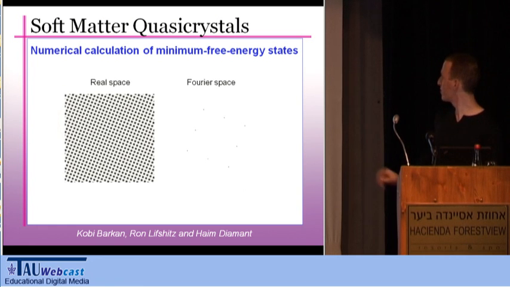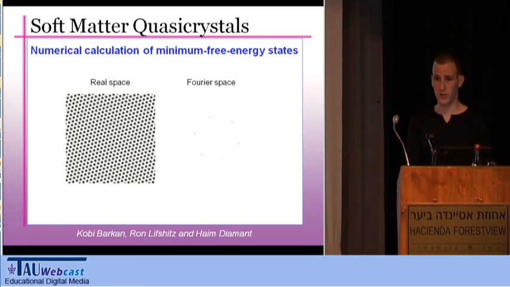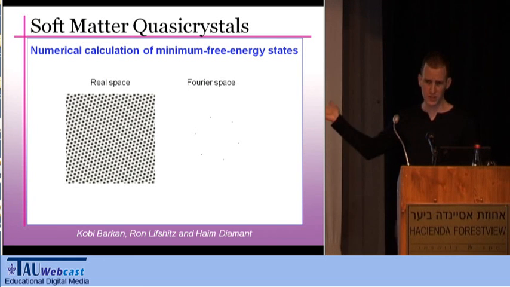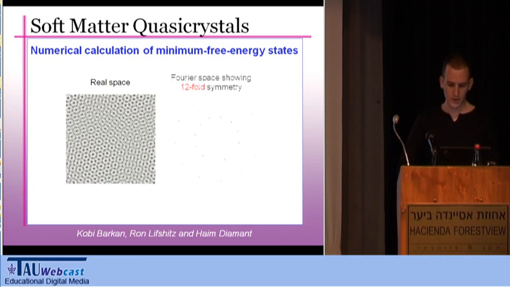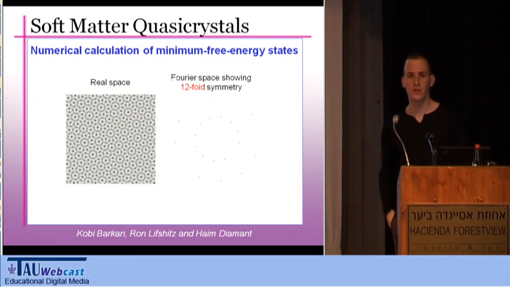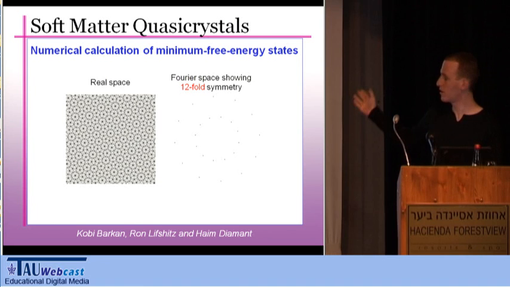So one of them is just a regular crystal, right? You all know this. This is what they also got in the experiment. We can also achieve a hexagonal crystal, only by changing the temperature in our model. And what makes this model so successful is that we also got a quasicrystal in the model. You can see a 12-fold symmetry, exactly the same symmetry as they got in the experiment.